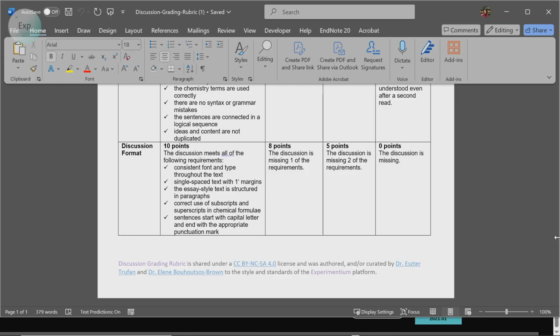This is a preference for me, and you may adjust as needed. I would like my text to be single-spaced with 1-inch margins, and I want an essay-style text that is structured in paragraphs. Some people are okay with each question being answered with 1 sentence, but I find that that does not allow for the opportunity to connect multiple thoughts from various questions. And so I would like the students to build cohesive, integrated texts instead of standalone, simple answers